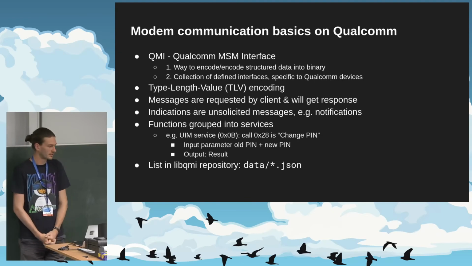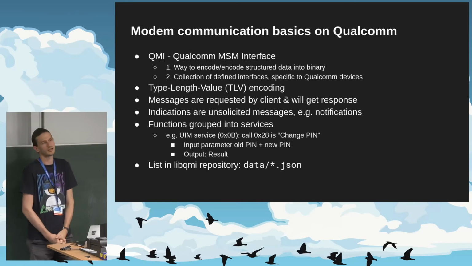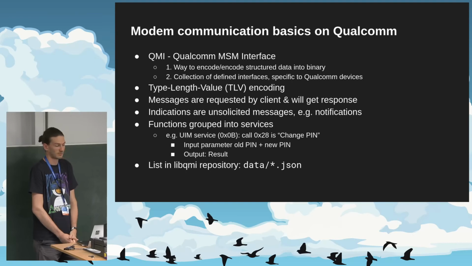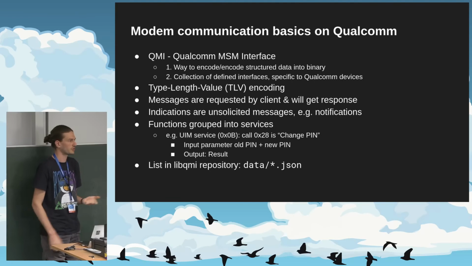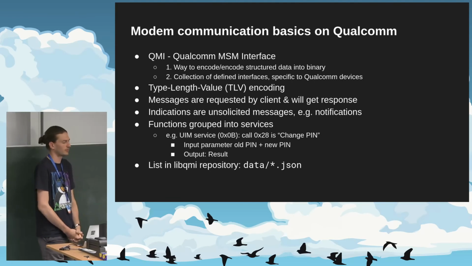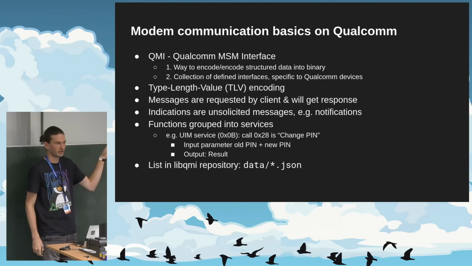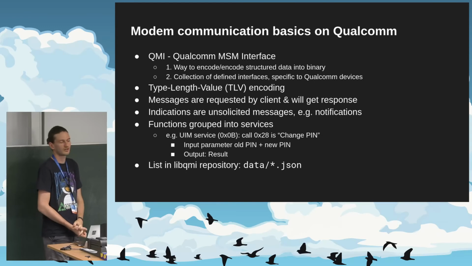It is far from complete as far as I understand it. There's also a lot of calls which exist in the world which are not implemented in there, either because somebody hasn't used it yet, or just hasn't been implemented yet. There's also other user space implementations for QMI. For example, I think uQMI it's called, or QMISC is a different one. So instead of libqmi generating from this JSON, it generates some C interfaces that you can use in your programs.